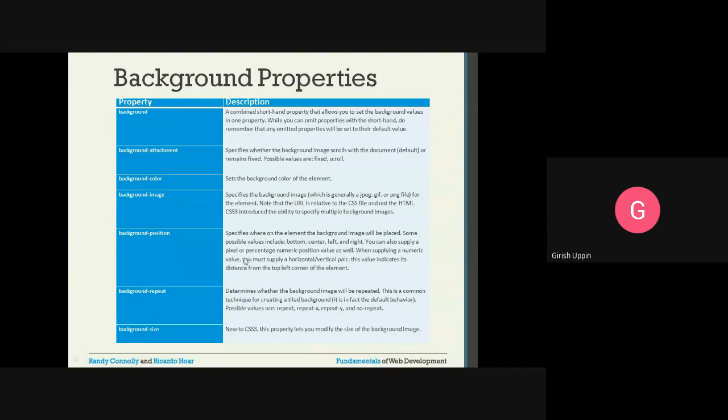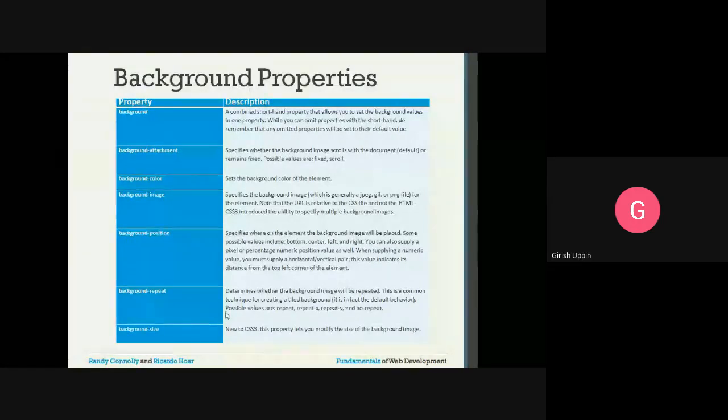So one thing you have to remember is there are generic values you can set, such as bottom, center, left, right, or you can also specify a pixel or a percentage. And when you give a distance in pixels, it will be from the top left corner. Suppose this is some HTML element where you want to provide the image and give a position for it. That will be done with reference to the top left. From here it will be positioned.